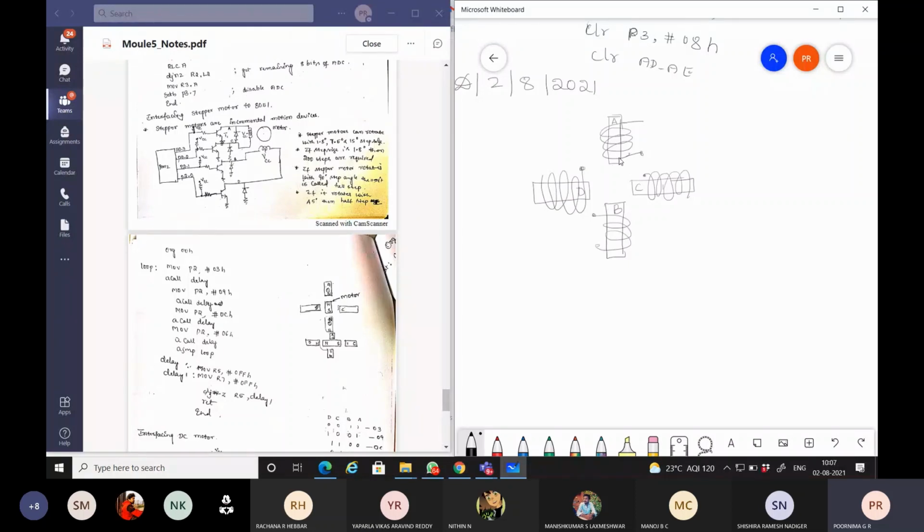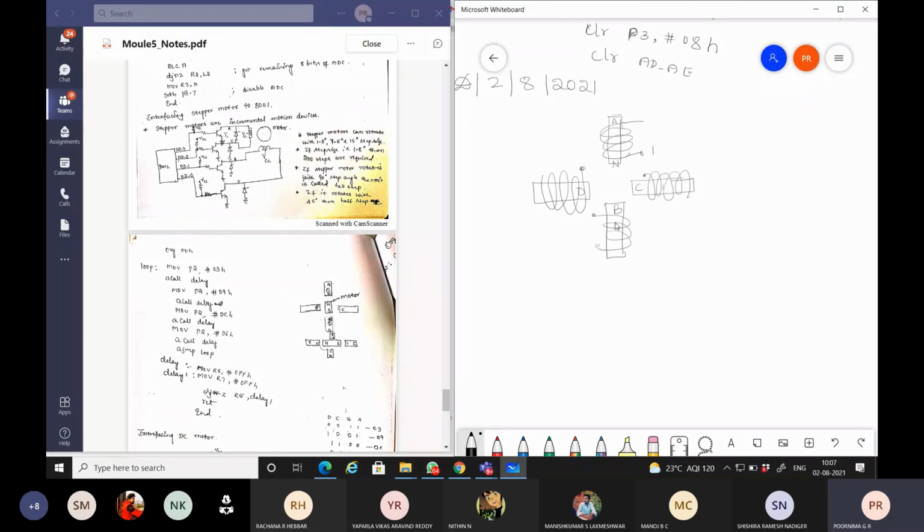Suppose coil A is made 1, then one end of the magnet will acquire the north pole.